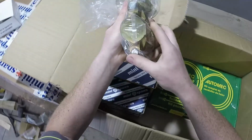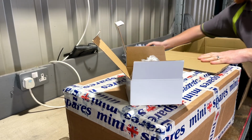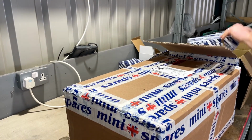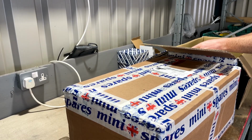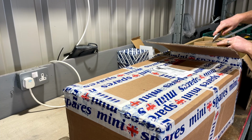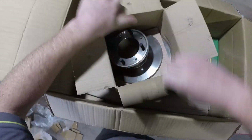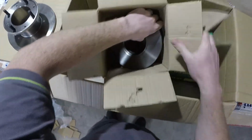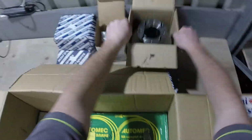Brake caliper, Mini Spares own brand, one off, two off, discs. I realise they are tiny but they're perfect. And then